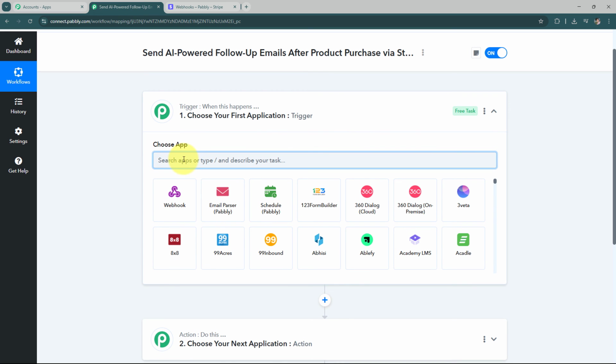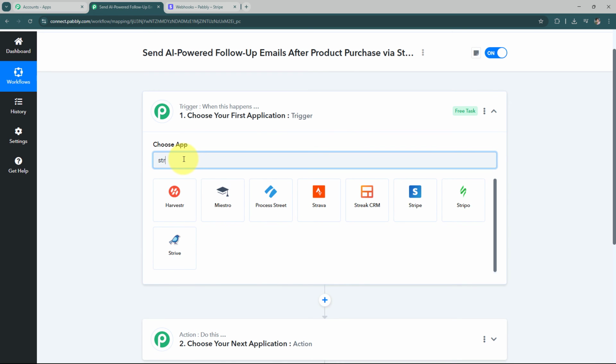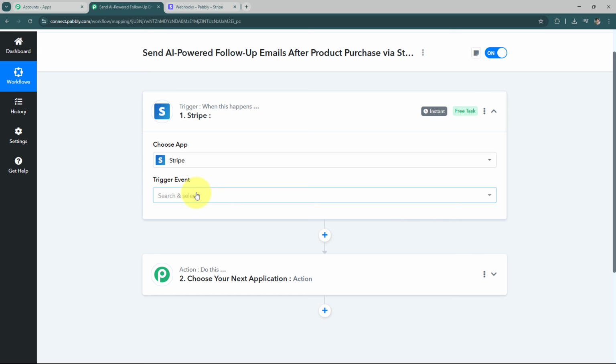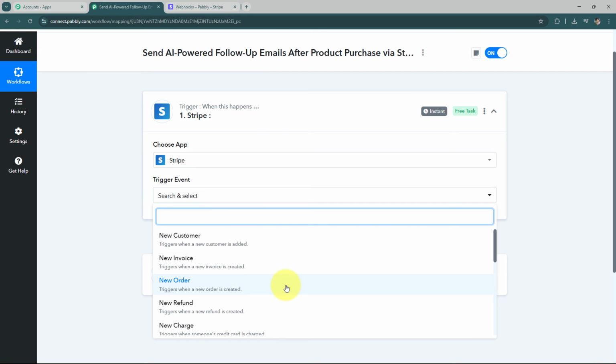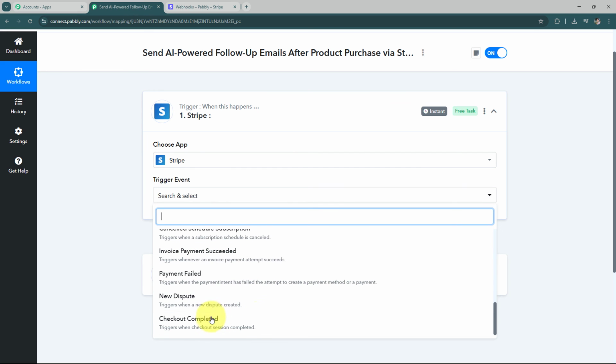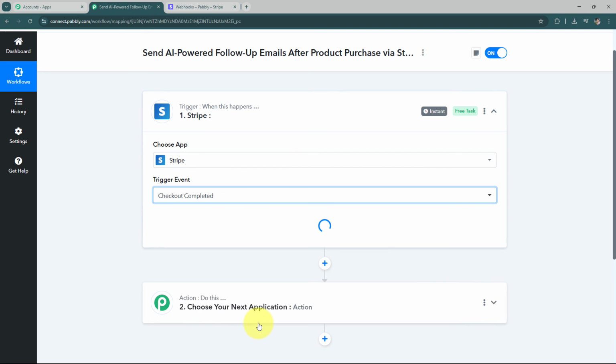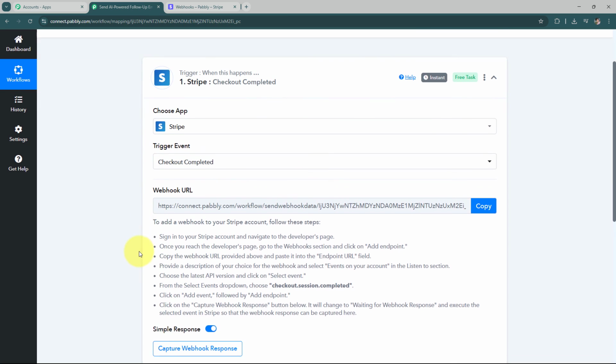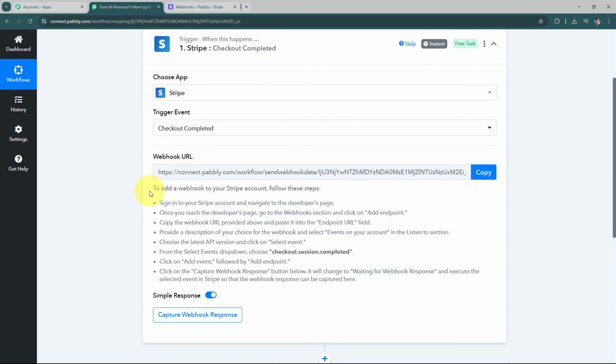So here I'm going to first choose the trigger application as Stripe. Now we have to choose trigger event. As we are creating a flow for product purchase, I'm going to select this checkout completed trigger. Here it has provided us a URL and it says to add the webhook to your Stripe account, follow these steps. So we are going to follow these steps, in which it says sign in to your Stripe account and navigate